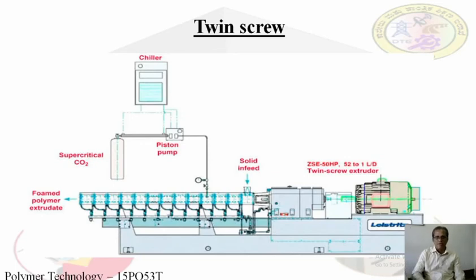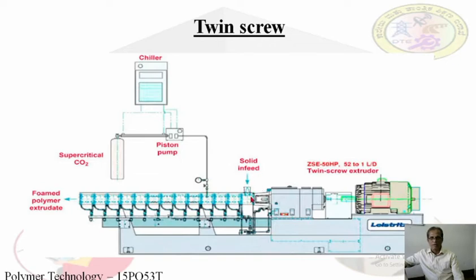Now the diagram of a twin screw extruder is here. Now see, the barrel and screw arrangement is shown here, and the driving mechanism is here. This is a twin screw extruder. Both the screws are placed parallel. This is the body of the machine. Here the power source, the driving mechanism, is fitted to the screws.